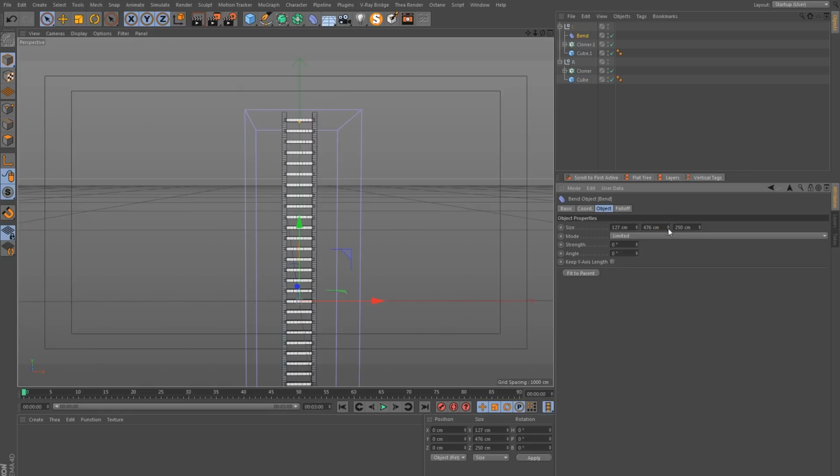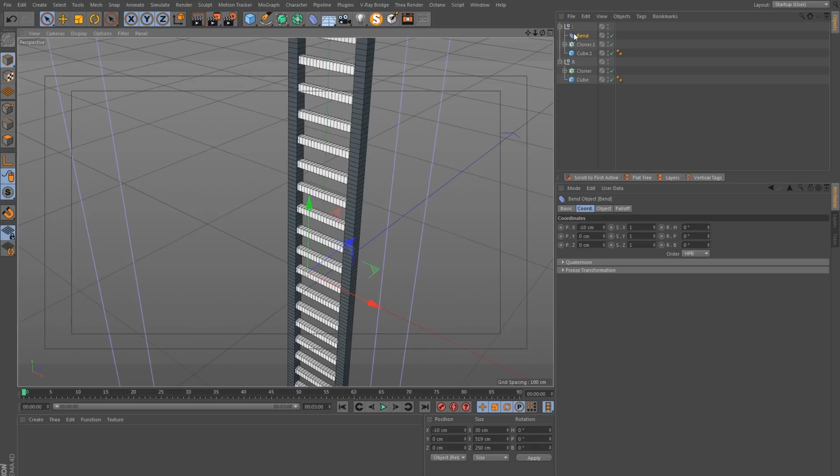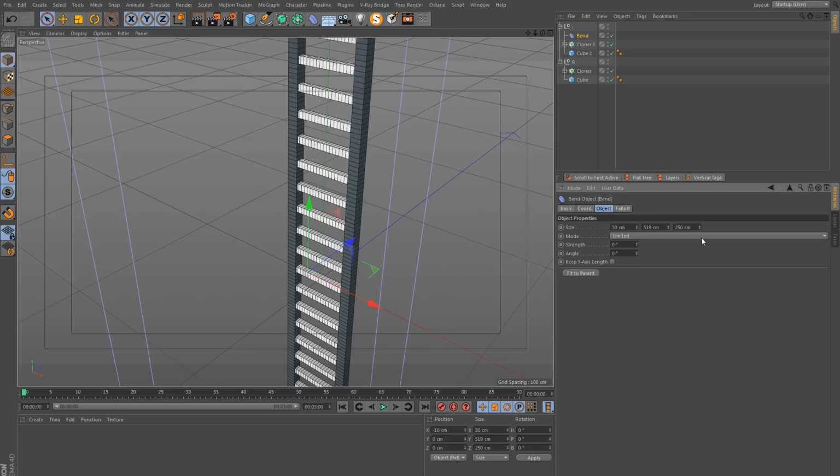So make the height just over 500. I will set the X size to 30, and then I'm going to move this to -10 in the X position, and that's going to house the left side of this. So let's make it smaller,